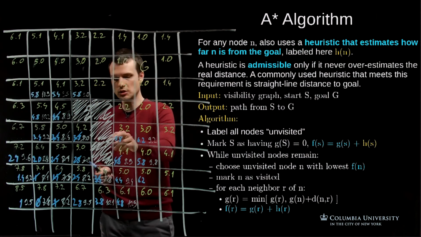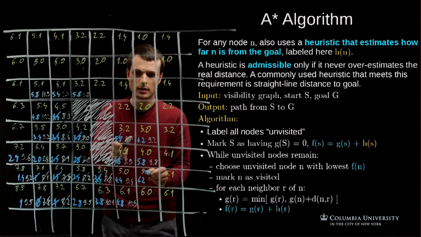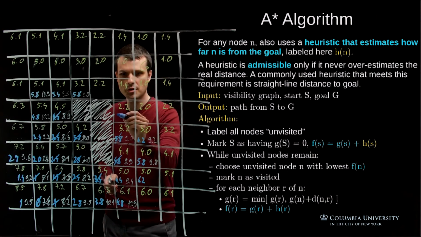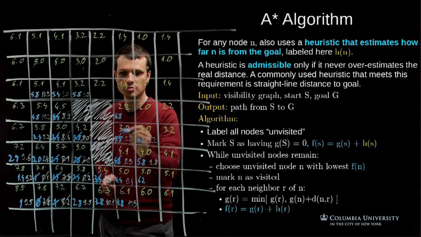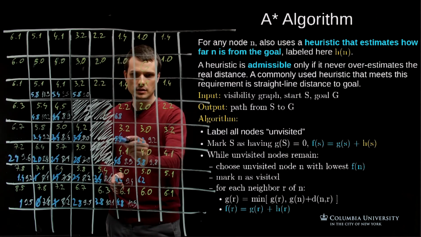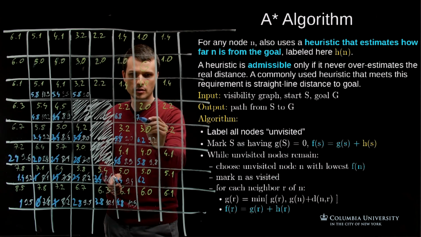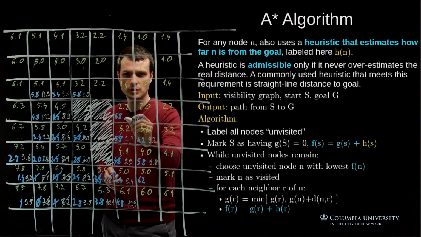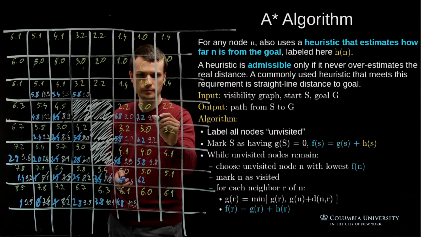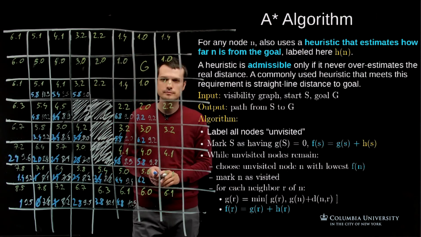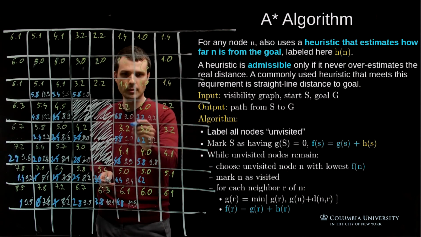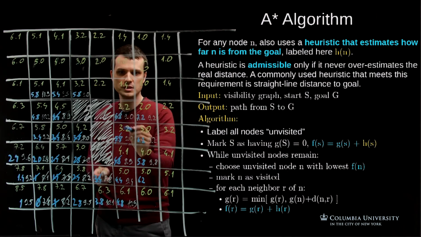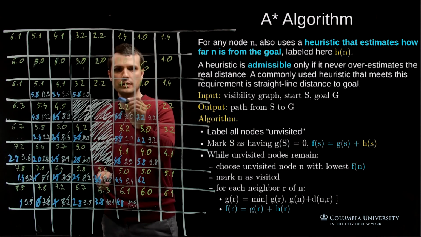Let's say I visit this one next, cross it off, update the neighbors, 6.8, 7.2, sums. So here I'm going to get another 9.0, and here a 9.2. Okay. I'm going to do this 9.0 next, so I visit this one, update the neighbors,